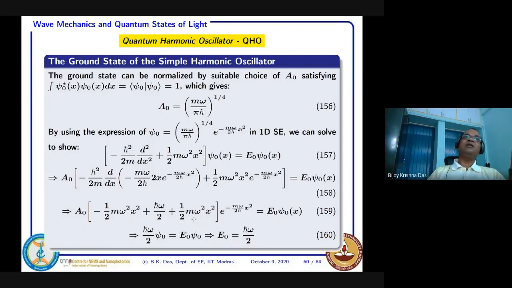So for a classical simple harmonic oscillator, the ground state, that means the lowest energy, can be 0. But quantum mechanically, we say that there is a well-defined ground state, and that well-defined ground state also has energy, that is h cut omega by 2, which cannot be explained classically. This has also been experimentally proved, and this energy is always there, not like a normal classical oscillator.